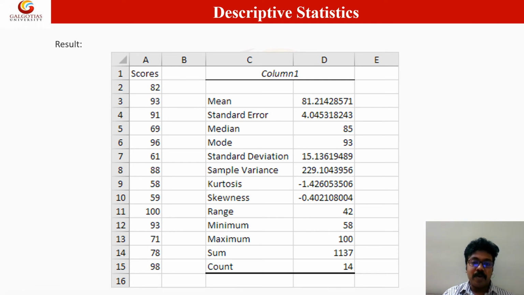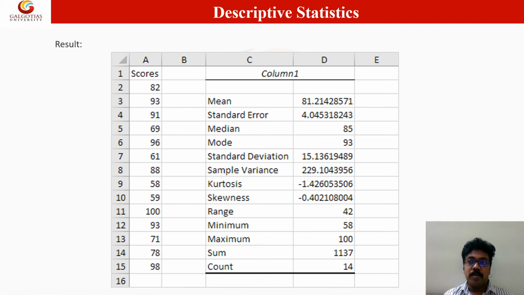The mean for that particular set of data is 81.21. Then standard error, median, mode, standard deviation, sample variance, kurtosis, skewness, range, minimum, maximum, sum, count. These are the basic features of a data set.